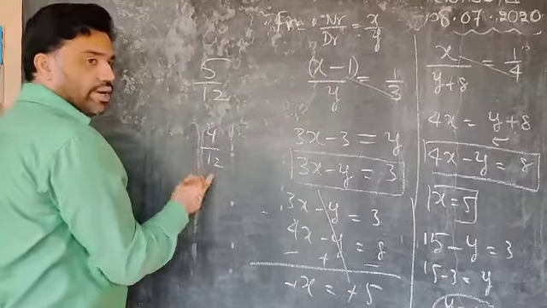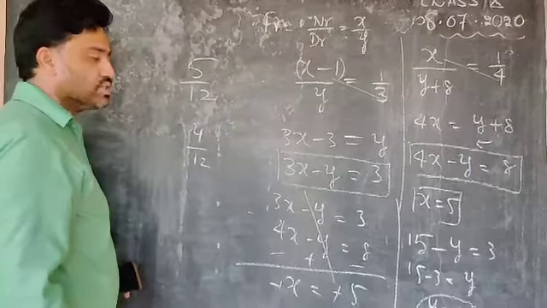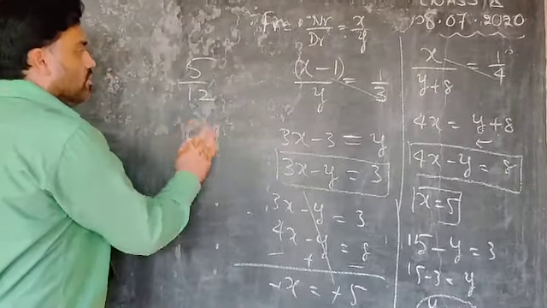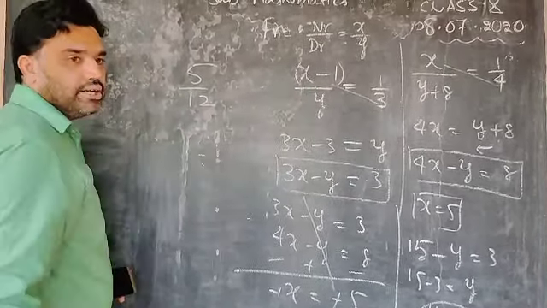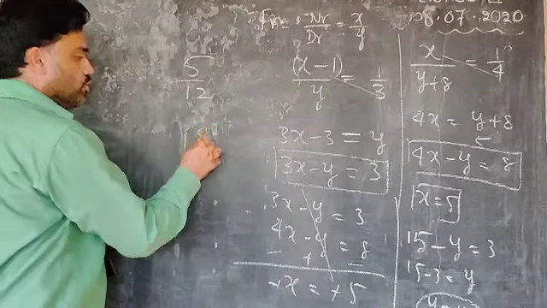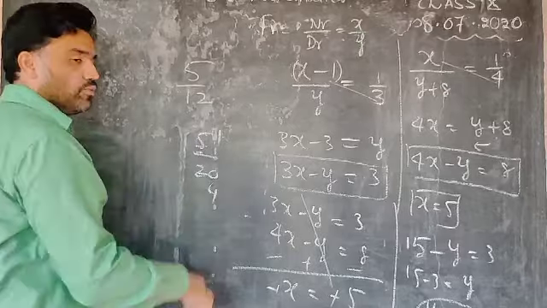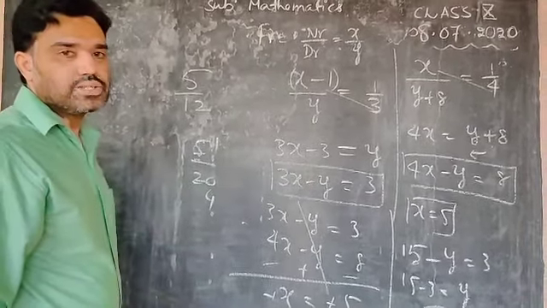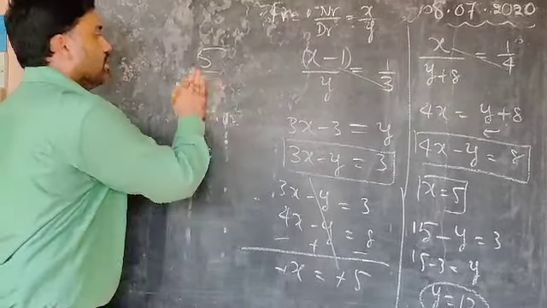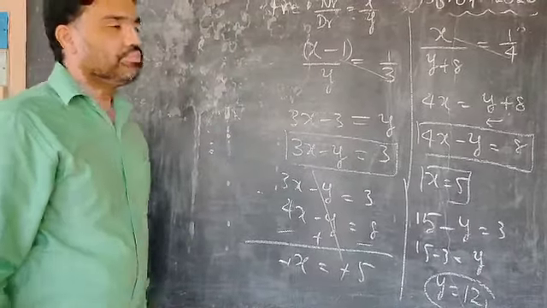Now subtract 1 from the numerator, that is 4 by 12. Cancel it, will you get 1 by 3? Yes, 4 ones are 4, 4 threes are 12. Next, what you have to do? Add 8 to the denominator. So 5 by 12 plus 8 is 20. So 5 ones, 5 fours. So do we get that? Yes. Okay, in this way you can solve the problem.